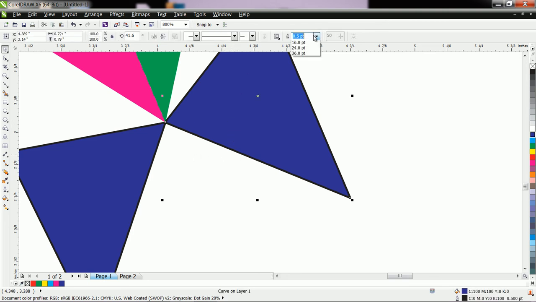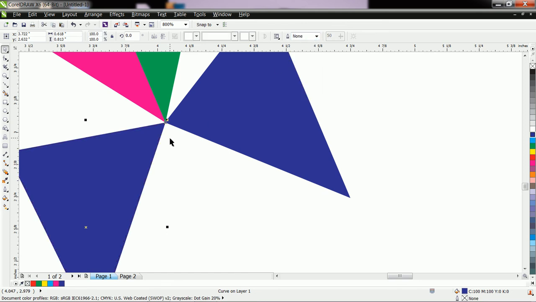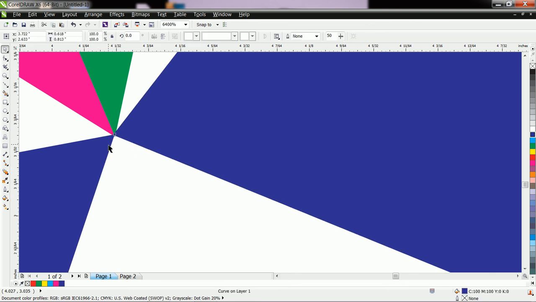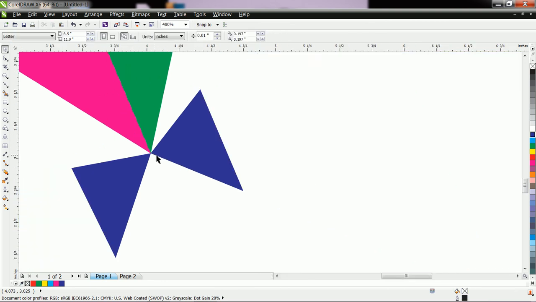Here also remove the outline. Check it properly. You can also send this shape back to the kite.